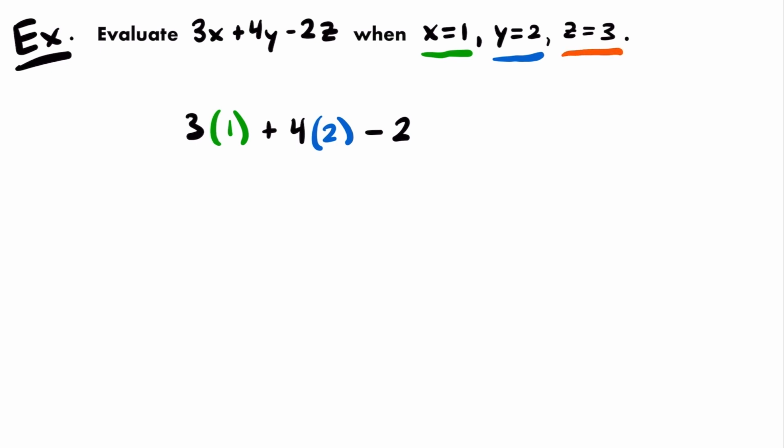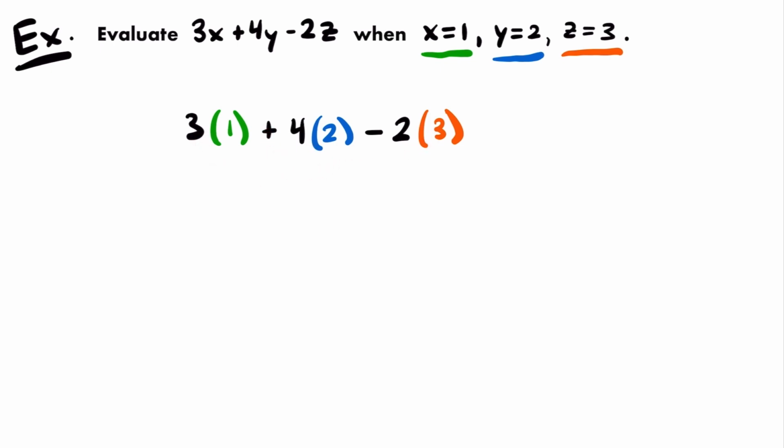All right, so you want to replace z with 3. So we have 2 times 3. Okay, and now all that's left to do here is simplify by doing the math. And once again, you want to remember the order of operations. And so in this case, we want to do all of our multiplication first, and then we want to add